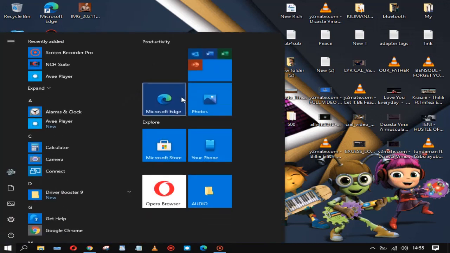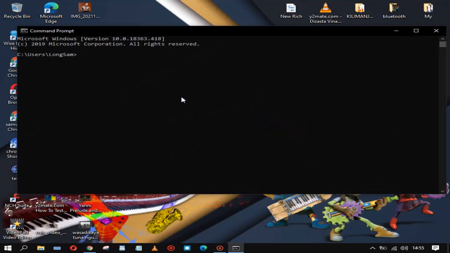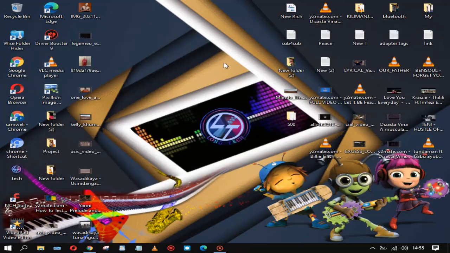First of all, go to CMD and type Git, then press enter. You see, there is no Git on my computer. So close CMD,